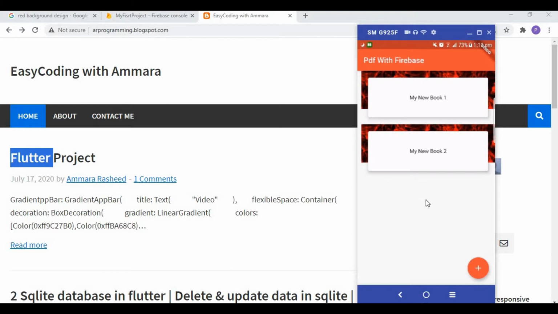Okay, so you will see this type of list view, and I stored two PDFs in the Firebase storage. That's why here you will see two items. The first one is my new book 1 and the second one is my new book 2. And you will see this plus button. When you click on this plus button,